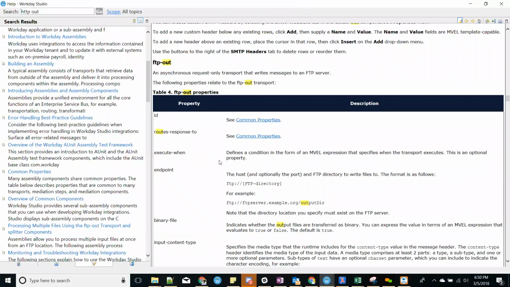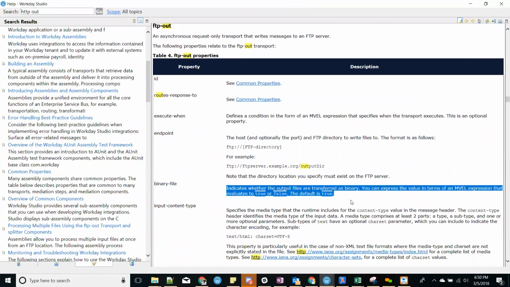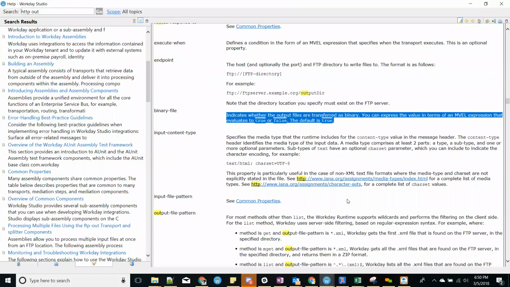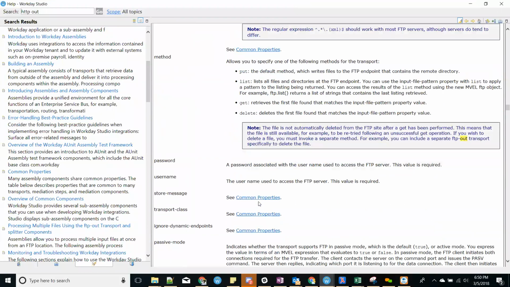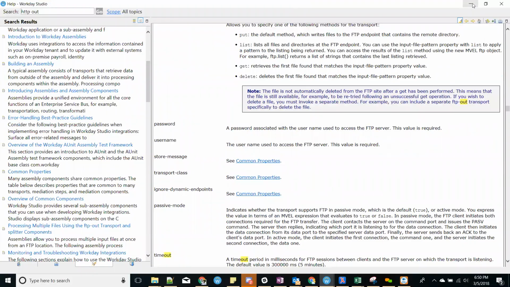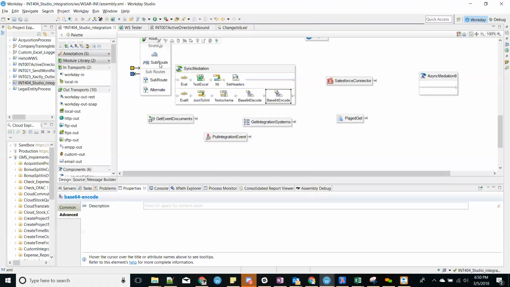Yeah, for example, FTP out, right? So FTP out, each thing, it will explain what are all the possible values and what type of value it is expecting, any validation errors and things like that. These are all the palettes, and